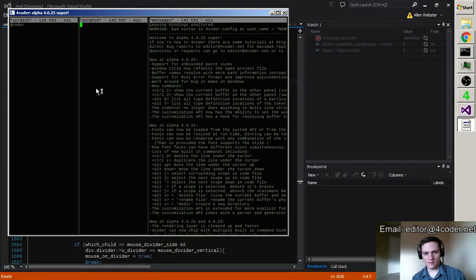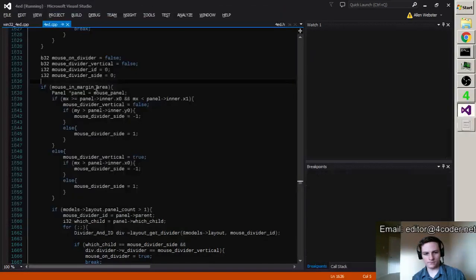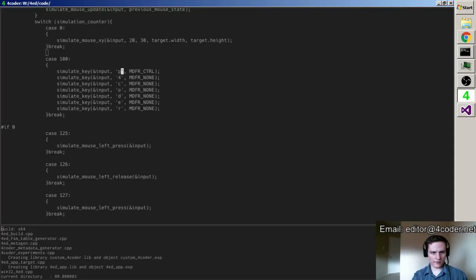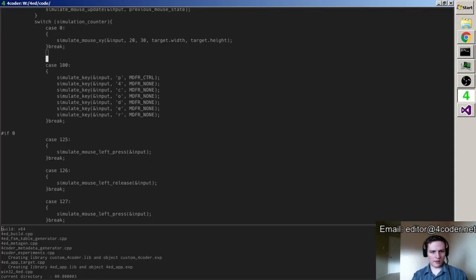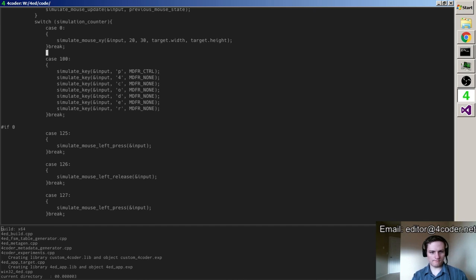Yep, that does the same thing. I kind of want it to not split the panel initially, and then just do this right away.